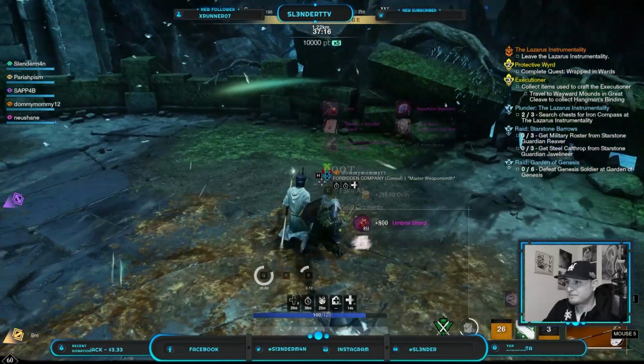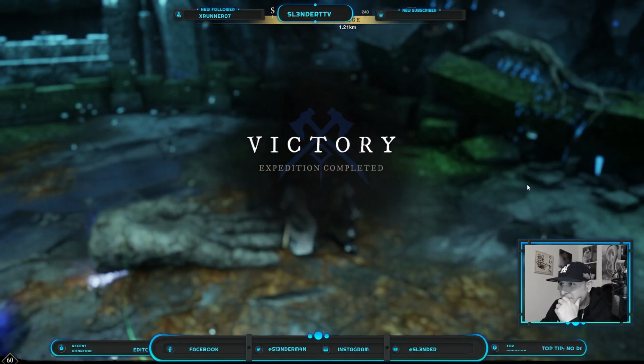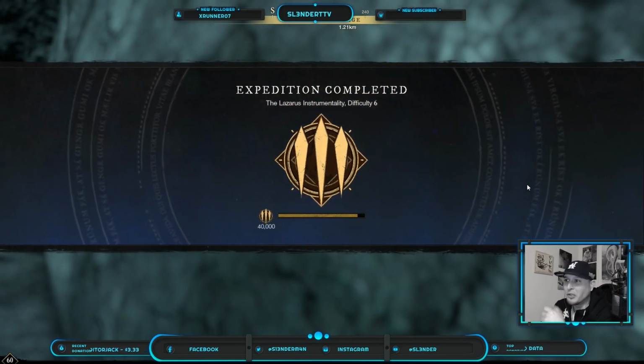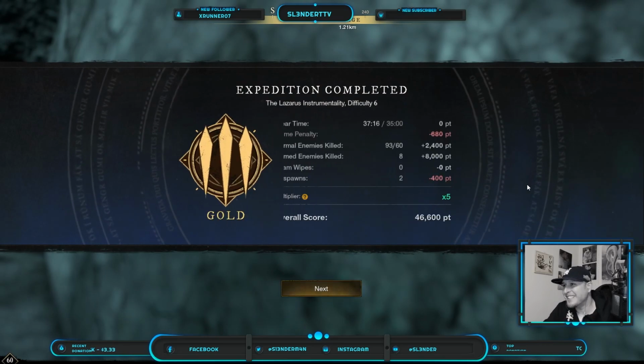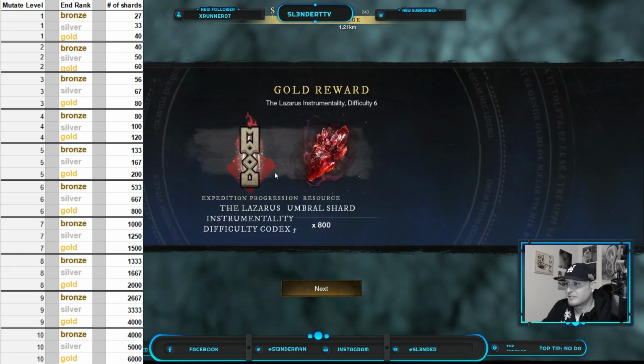Okay, so the third way to get Umbral Shards, and this one's a no-brainer, but I'm still going to include it, that's going to obviously be Mutated Dungeons. Now, your actual score at the end of the dungeon doesn't matter, but the rank that you finish the dungeon in does matter. And so does the level of the mutator. And I'm going to put this up on the screen so that you guys can see what I'm talking about. So each